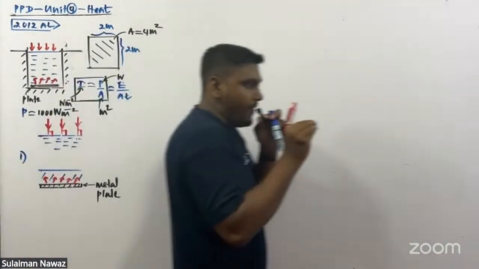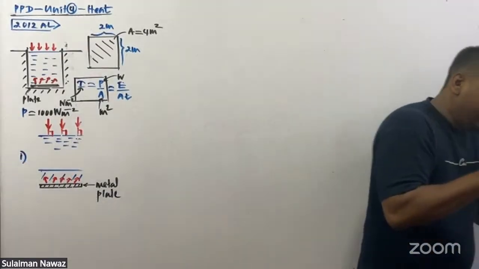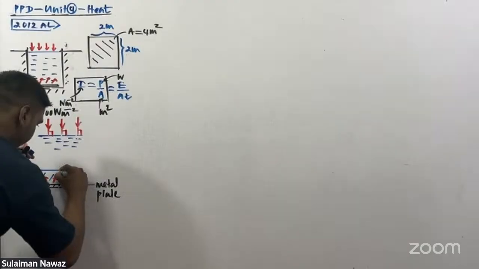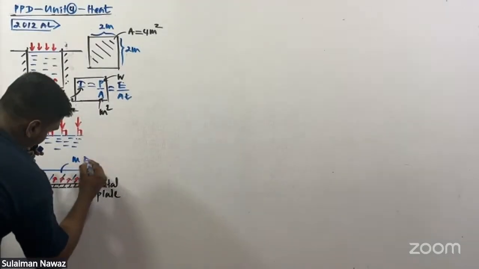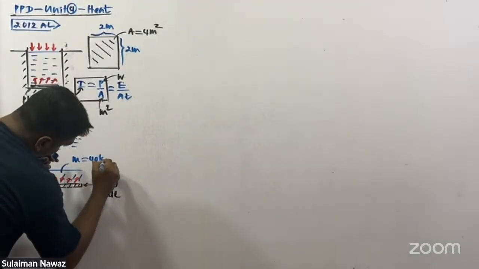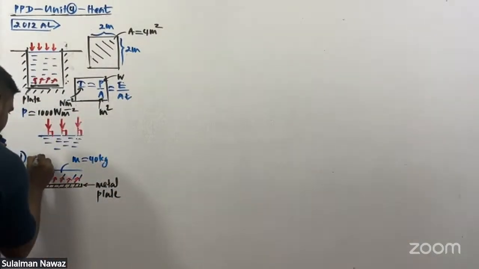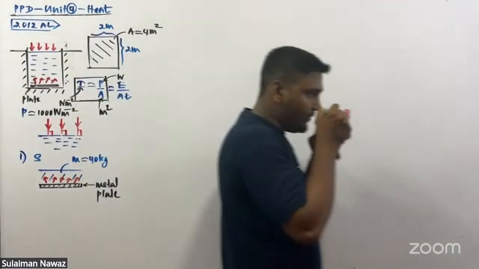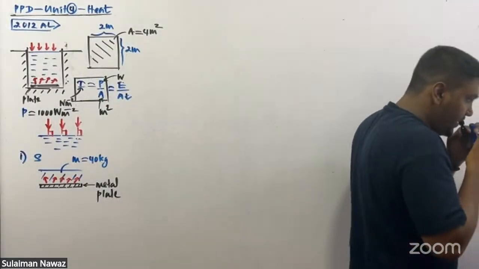Right. And they have given the mass of this water layer. How much? 40 kilograms. The mass of this water layer is 40 kilograms. And they have given the specific heat capacity of water. They are asking